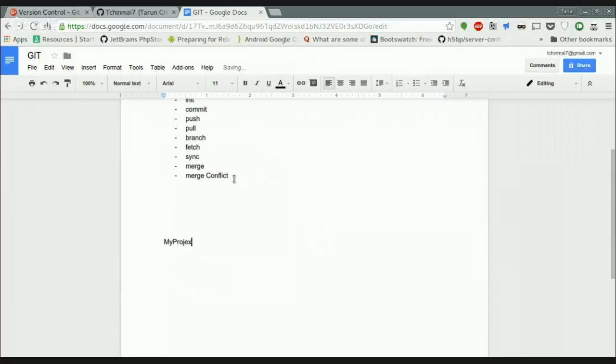My project is my directory name, and I have some files in it called a.java, b.java, c.java, d.java, etc. So when I initialize Git, when I tell the Git protocol to use this project as the repository,